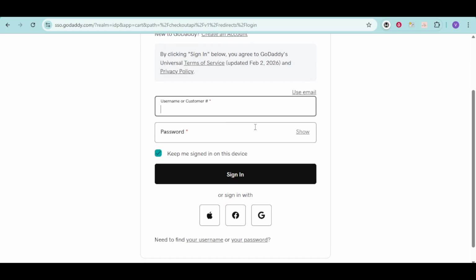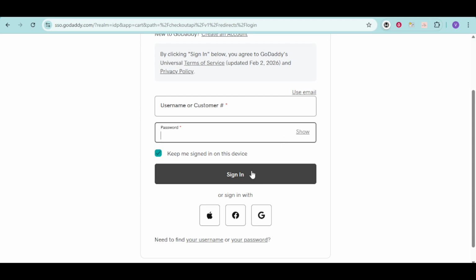Next, move to the password field and carefully enter your password. Take your time here, especially if you're on a laptop or mobile keyboard where it's easy to hit the wrong key. If there's an option to show or hide the password as you type, you may want to briefly show it to confirm you've entered it correctly, especially if you've had failed login attempts before. After both fields are filled in, click the Sign In button. If the credentials are correct, you'll be taken into your GoDaddy account dashboard where you can see your products, billing